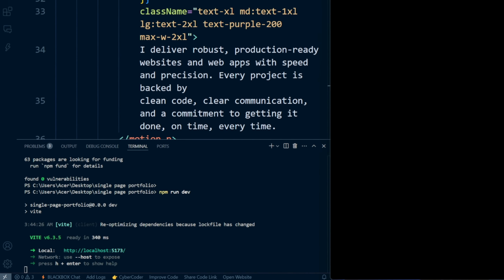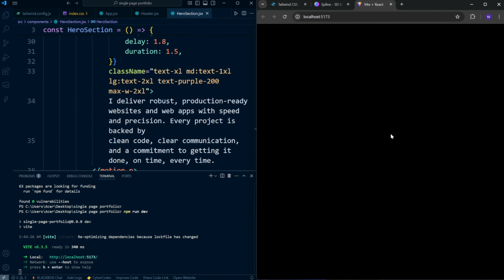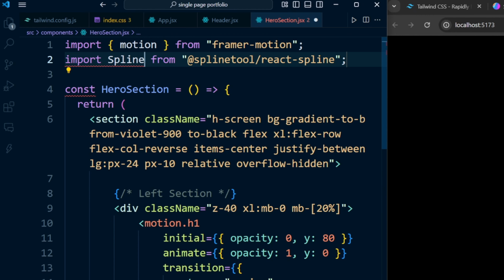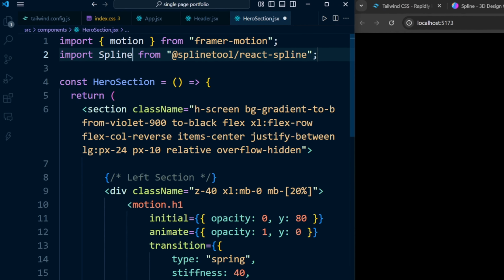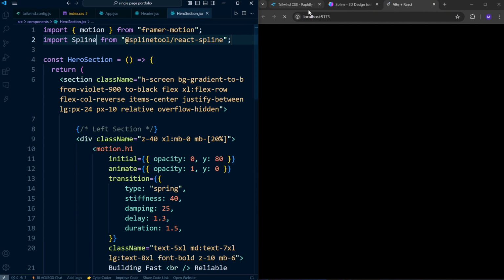Now, back in the component file where we added the Spline element, we need to import the library so that React knows how to render it. Scroll to the very top of your file and add this line. Import Spline from @splinetool/react-spline. Save the file again, and now if you go back to your browser and refresh the page, the 3D